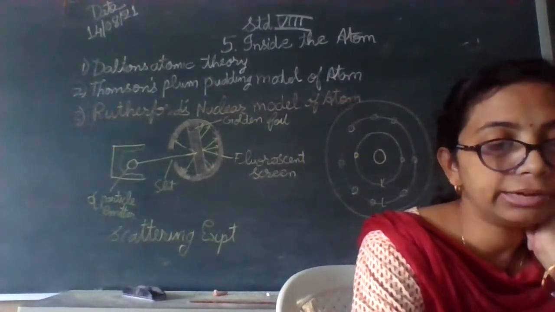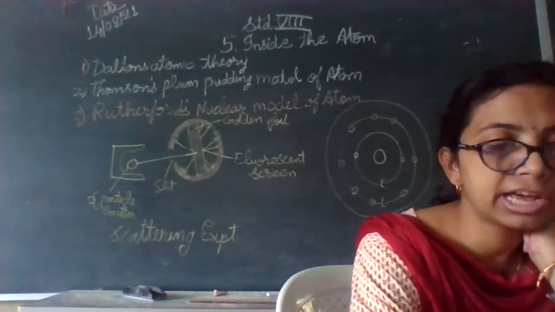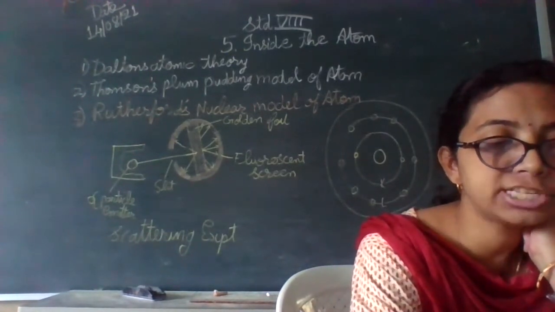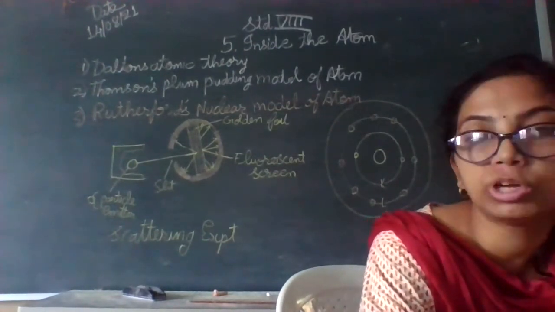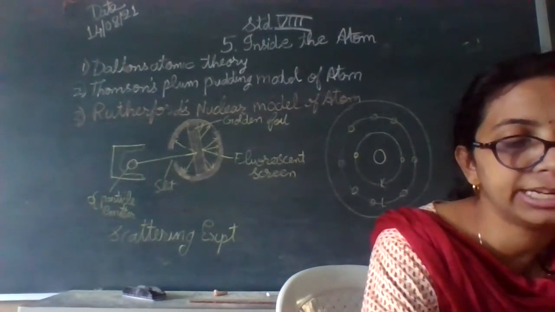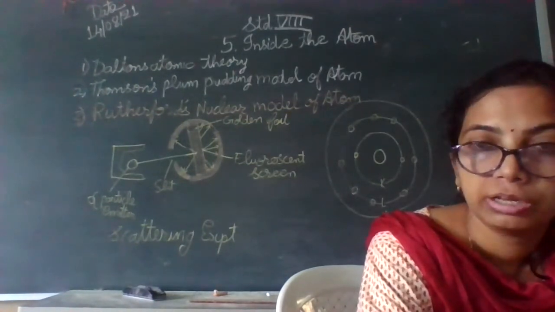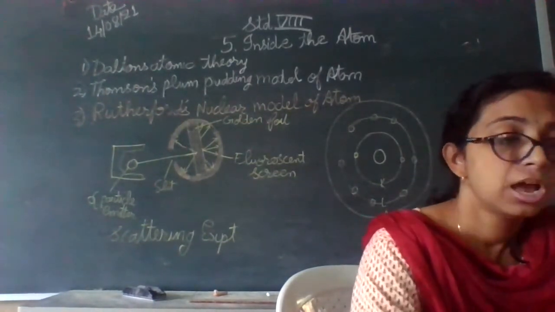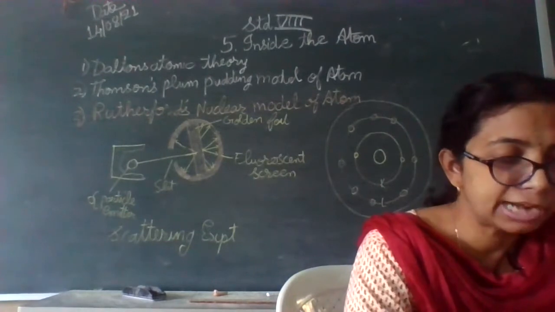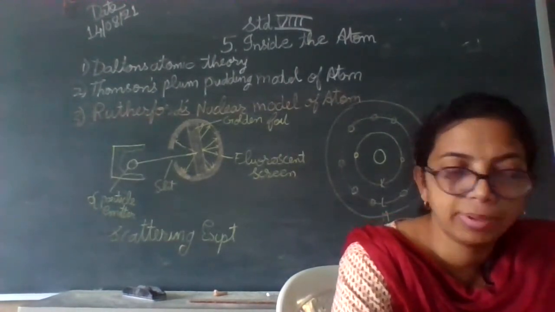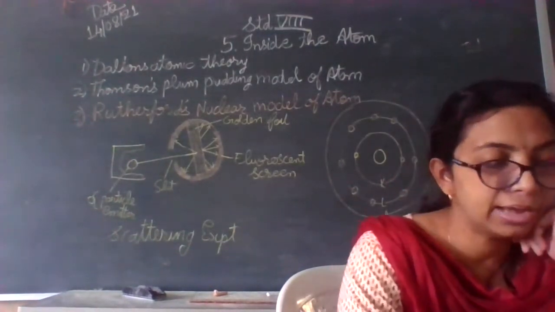Then when an electron jumps from an inner orbit to an outer orbit, it absorbs energy equal to the difference of its energy levels, and when it jumps from an outer orbit to an inner orbit, it emits energy equal to the difference of its energy levels. So these points Niels Bohr could explain with the help of his nuclear atomic model, and it was stable. Some more atomic models were again put forward by Bohr.